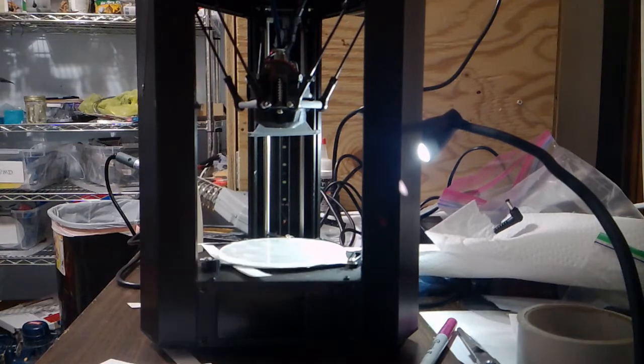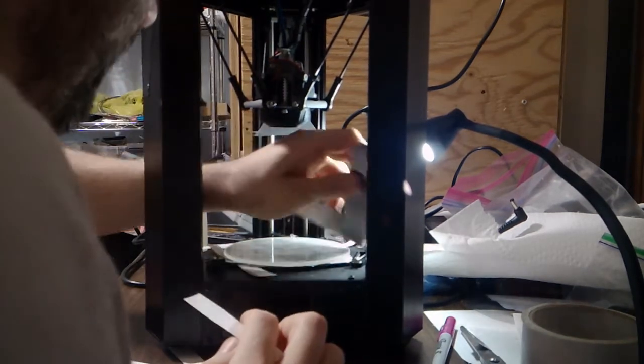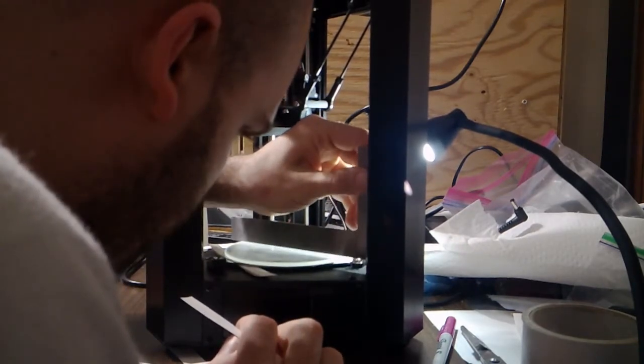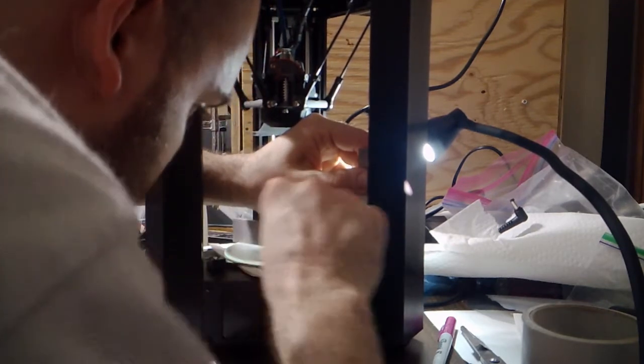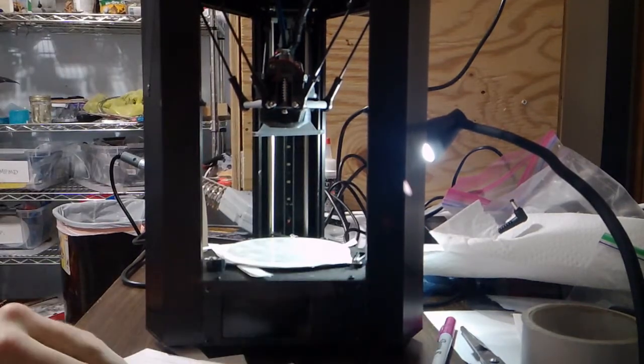Alright, so now let's see where we're at. Oops, I didn't mean to pull that. I meant to grab an index card, so let's reposition that. Okay. Alright, I can no longer, can't get any index cards under that side. Let's try this side. Actually, I can't get an index card under anywhere now, so I think the magic combination for this bed is